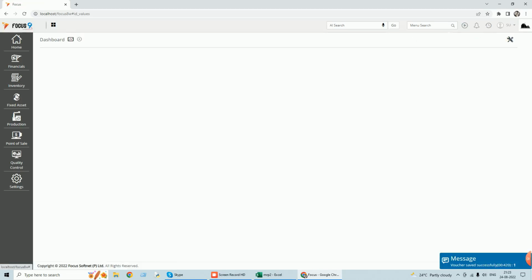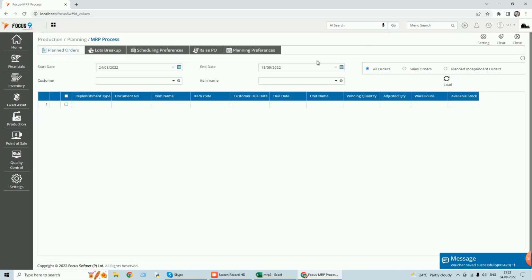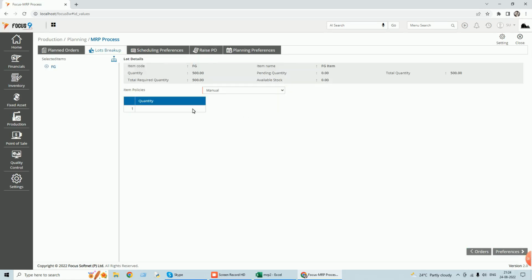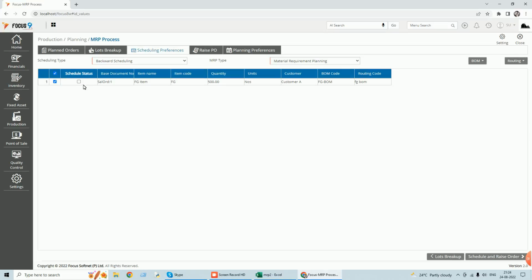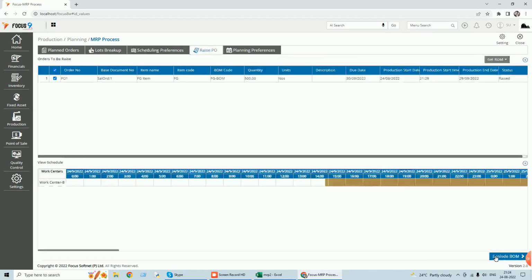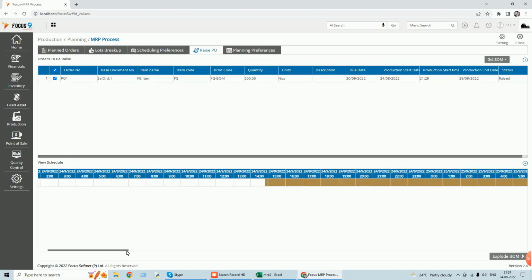Once you change the due date, again you go to the MRP process. Again you give your due date as September 30th and load the sales order. Select the sales order, click on lots breakup, select order to order. Click on preferences, then click on schedule raise order. When you click on schedule raise order, because of backward scheduling, it will schedule and show you according to